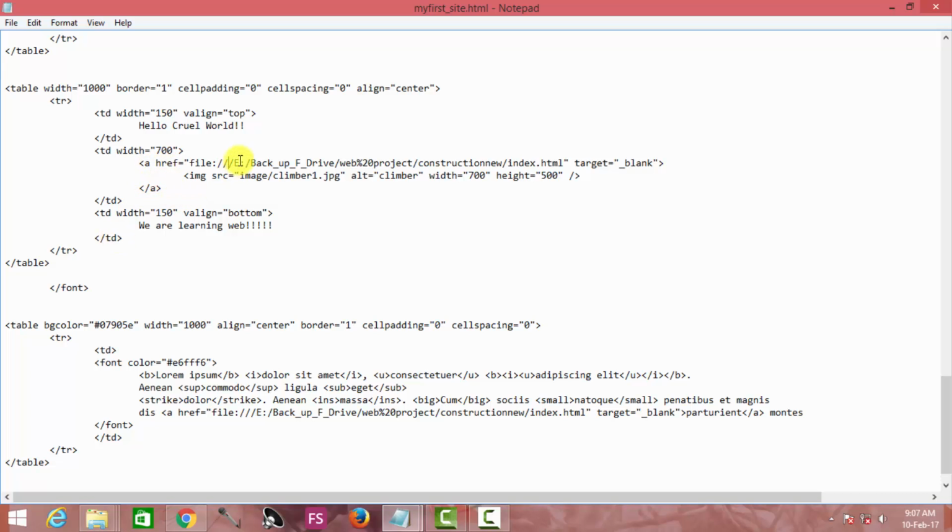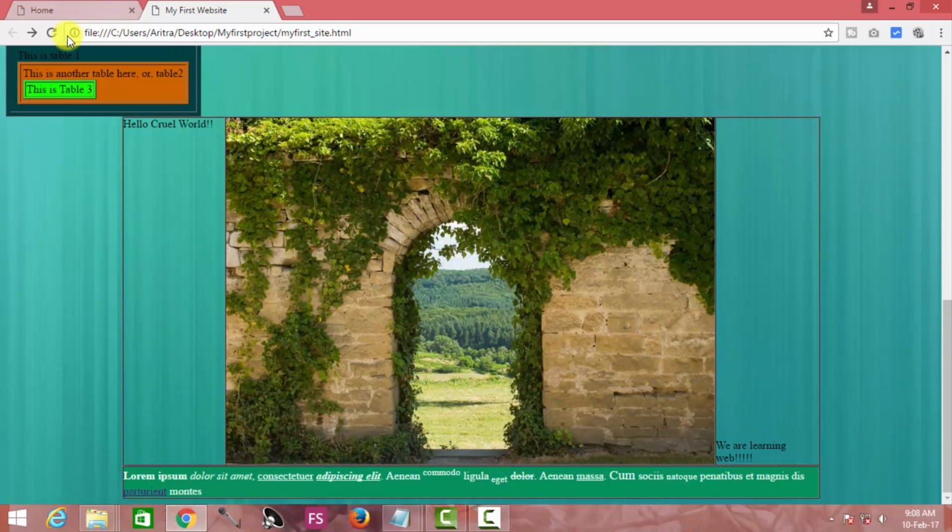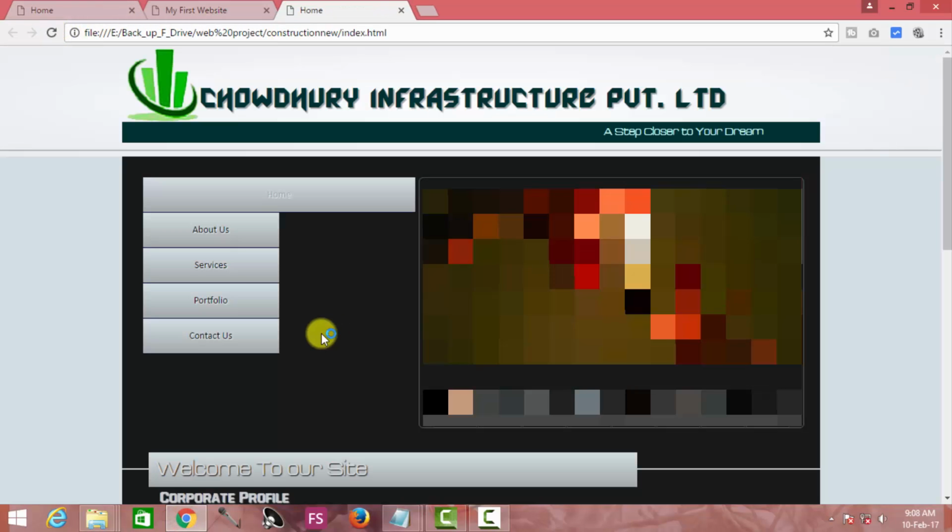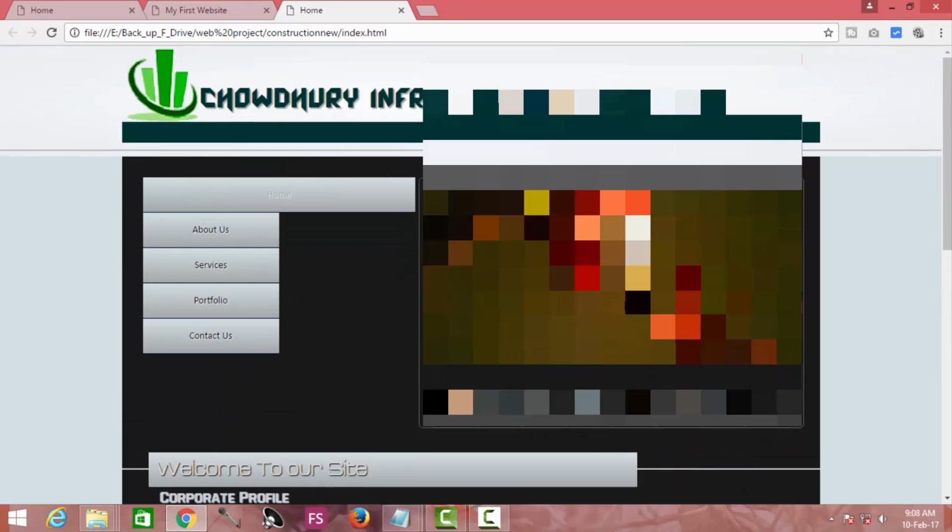Set your hyperlink reference with the address of the website you are targeting, and set the target to blank. That means on clicking this image, this web address will open in another new tab. Then you close your anchor tag, come back, go to File and save it. Now if you come back to your web page, reload, and click on this link, you will see that it opens that particular website in a new, different tab.